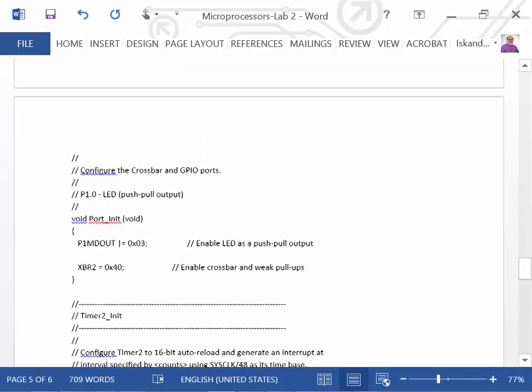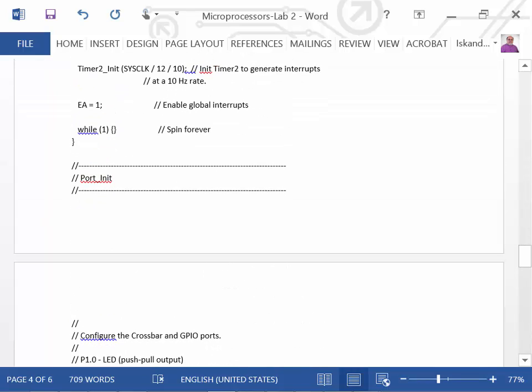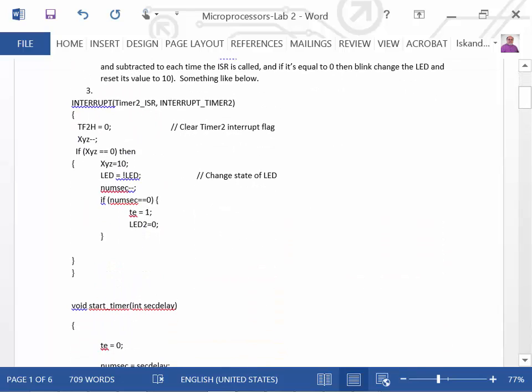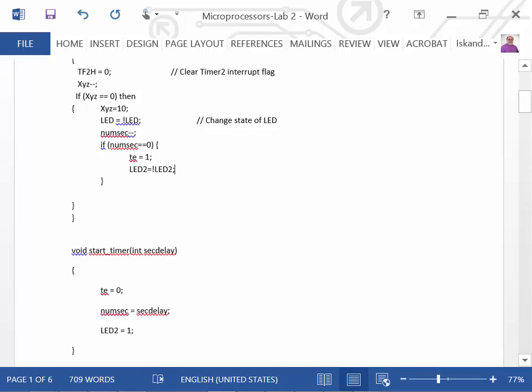In main, what I'm going to do is, actually, let's just toggle the timer each time here. And the reason I want to toggle the timer is that you can see it right there. So we toggle the timer there, and the reason I want to toggle the timer is so that